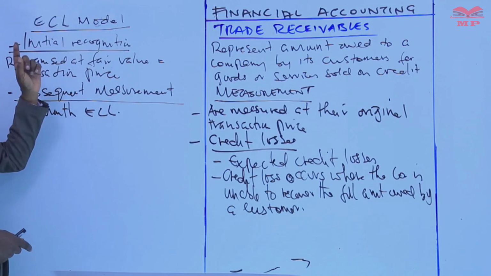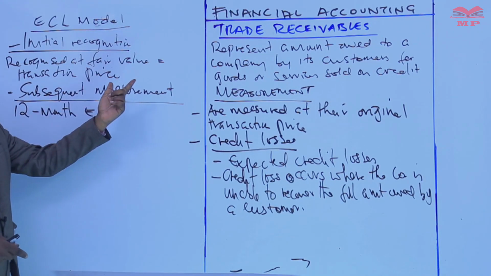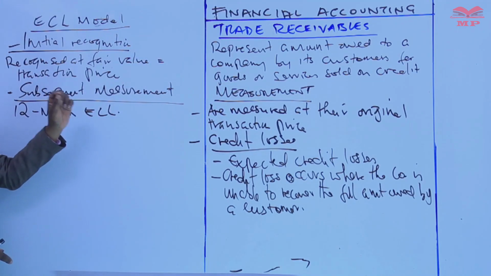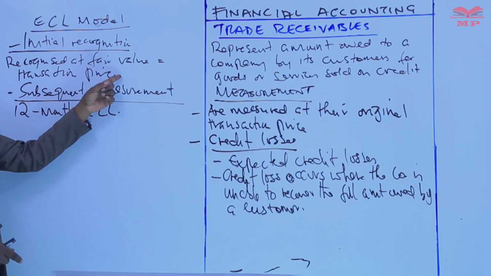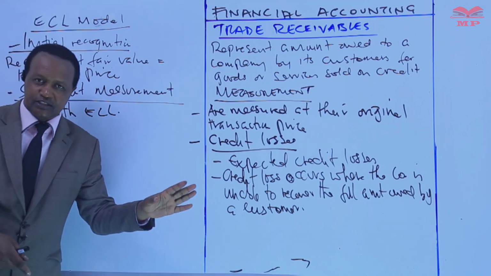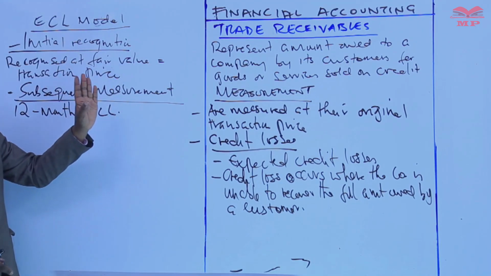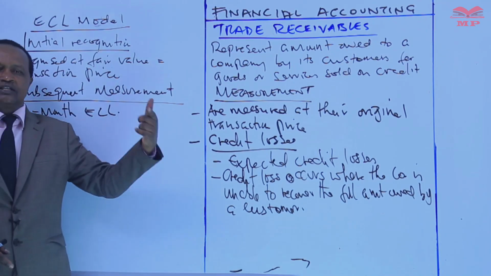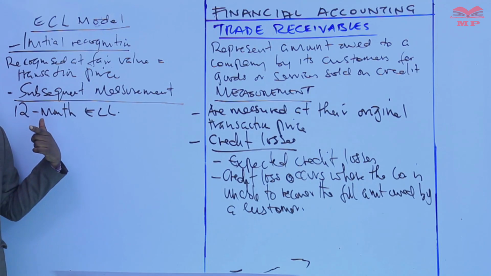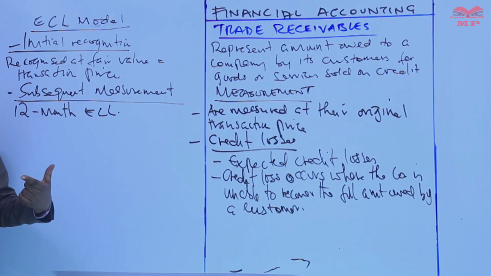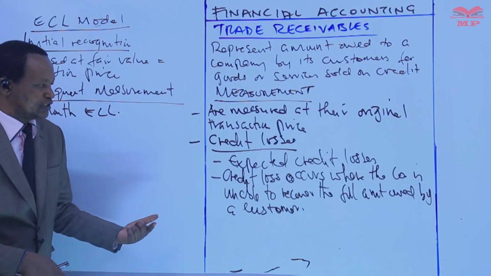When the transaction is first entered into, selling of goods or services on credit, then the initial measurement is the fair value of that transaction, or the transaction price, or the invoice price. Then after that, you have to do subsequent measurement. At the end of every month, you have to evaluate the value of the trade receivable. You have to check if there are any expected credit losses, and we've defined expected credit losses